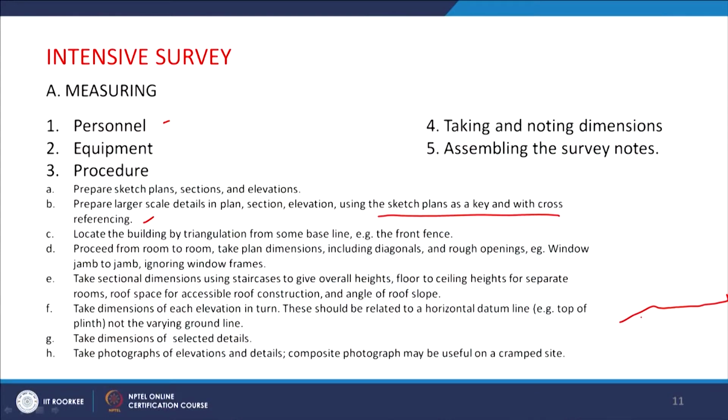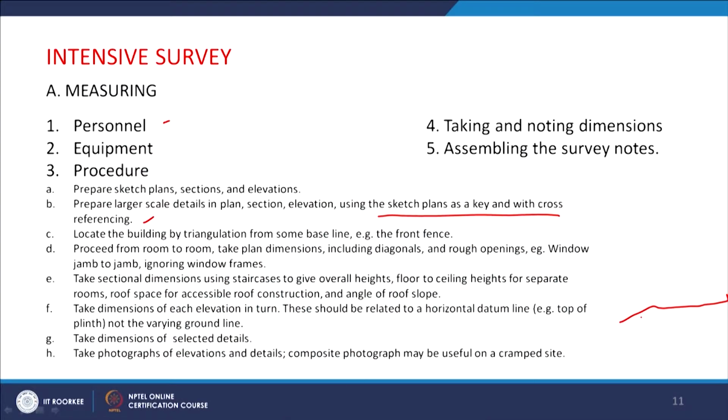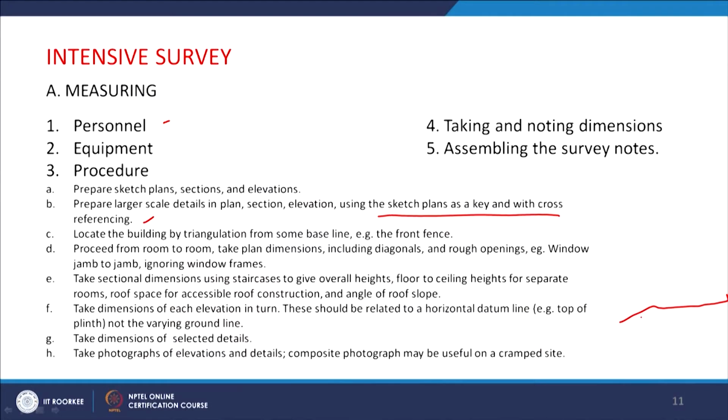Take dimensions of selected details. If it is the windows, the sills, or any ornamented aspects, take dimensions of those. Then take photographs of elevations and details, and a composite photograph may be used on a cramped site. Now the fourth aspect is taking and noting dimensions, and assembling the survey notes. So this assembling the survey, see,